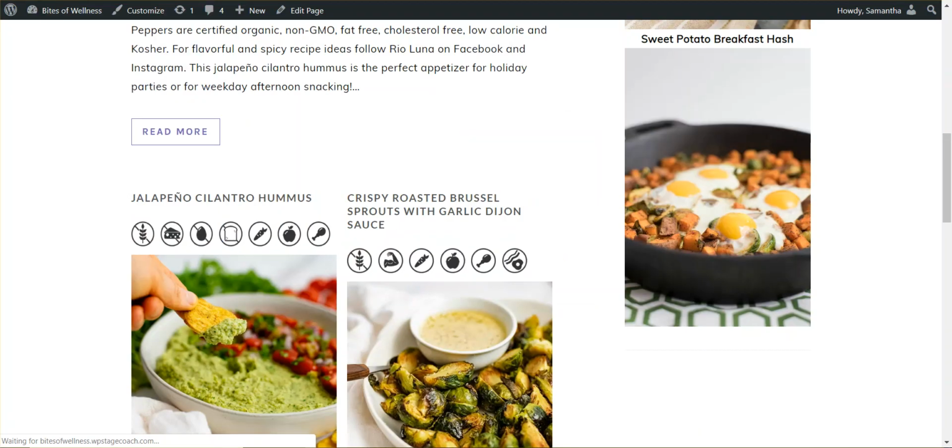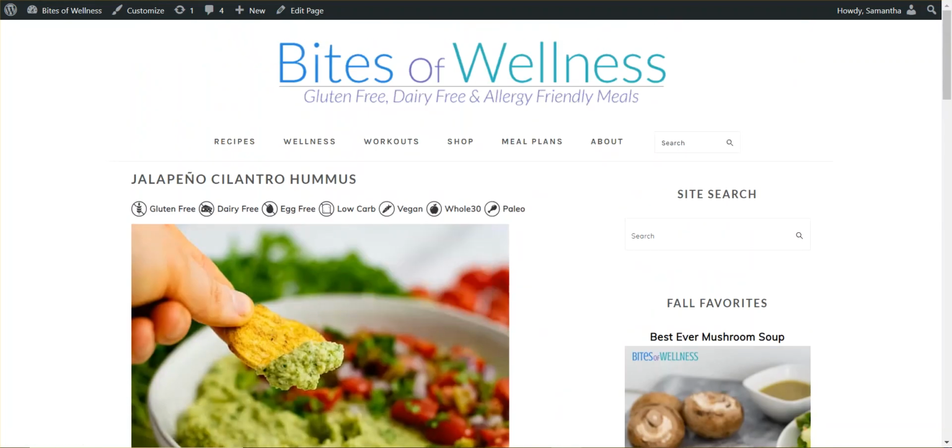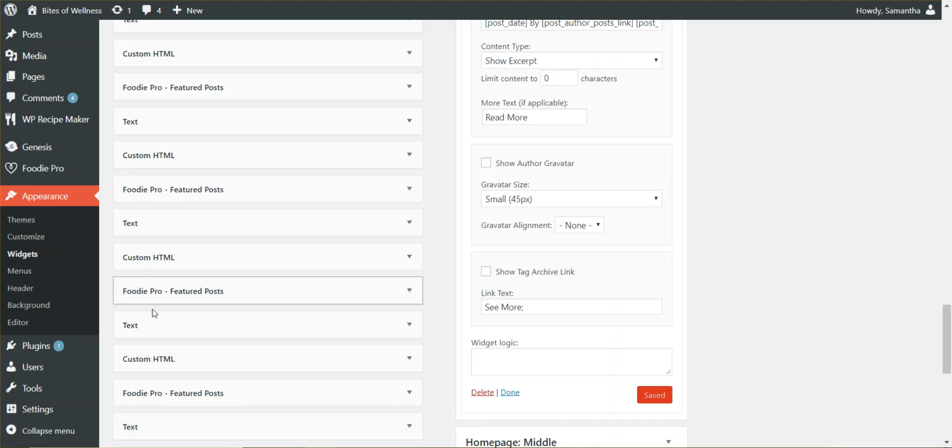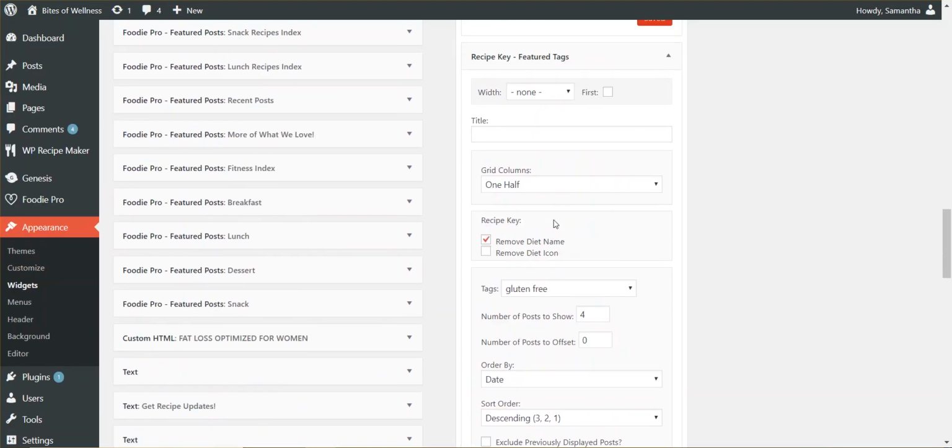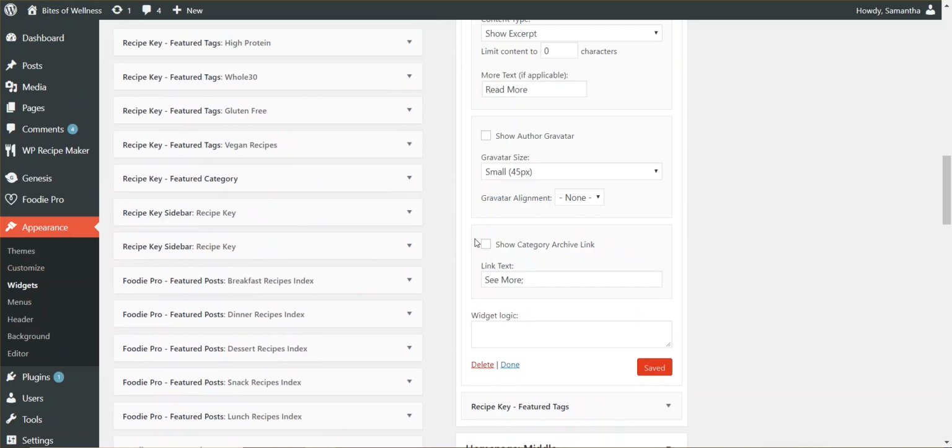So if I come back here and I do a refresh, Recipe Key's still here. It's not as cluttered, but you still get the same linkage, and you still show people what dietary attributes your recipe has. One more thing that you can do, so that's with the widgets, if we jump back and we add the Recipe Key sidebar,